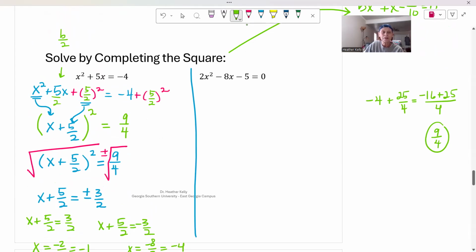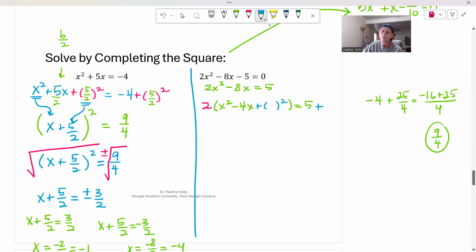Okay. So here we notice that the constant hasn't been moved. So first let's do that. 2x squared minus 8x is equal to 5. And then we need to pull out just the coefficient. It's not the x squared, it's only the coefficient. So I'm going to pull this 2 out. And I'm going to be left with x squared minus 4x, and I'm going to go ahead and put in plus a set of parentheses squared, okay, equals 5